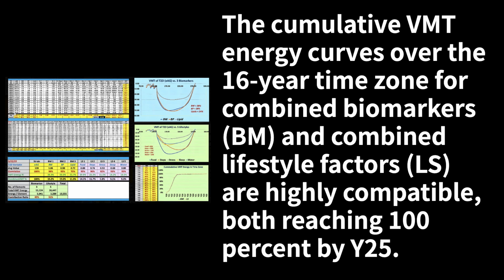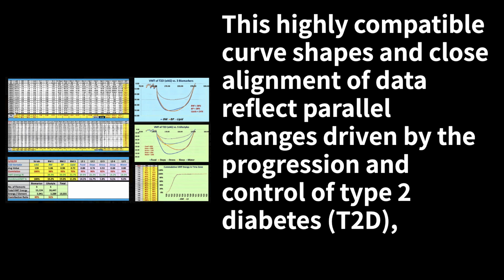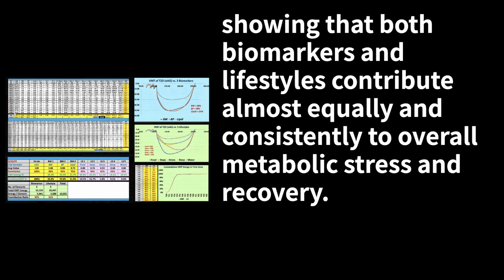The cumulative VMT energy curves over the 16-year time zone for combined biomarkers, BM, and combined lifestyle factors, LS, are highly compatible, both reaching 100% by Y25. These highly compatible curve shapes and close alignment of data reflect parallel changes, driven by the progression and control of type 2 diabetes, T2D, showing that both biomarkers and lifestyles contribute almost equally and consistently to overall metabolic stress and